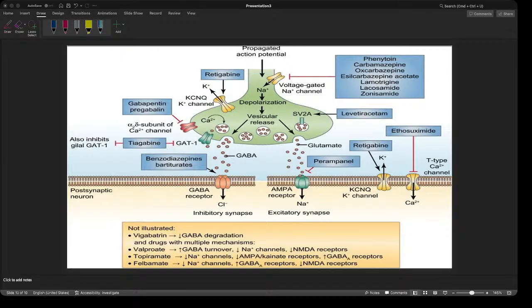And believe me, when you understand one of these mechanisms, you're basically going to